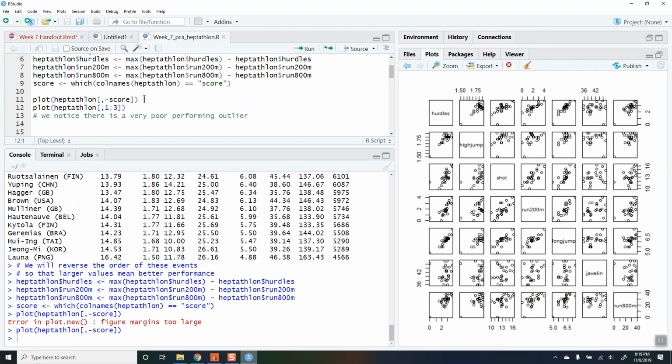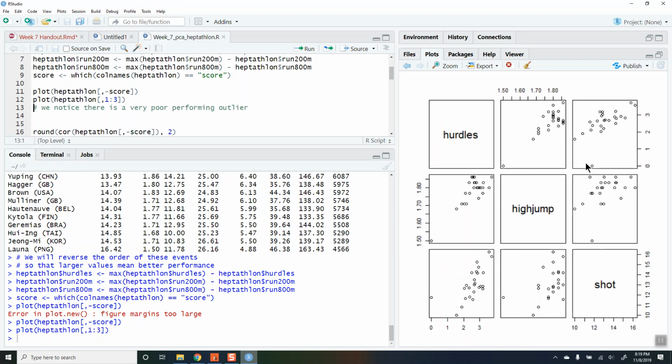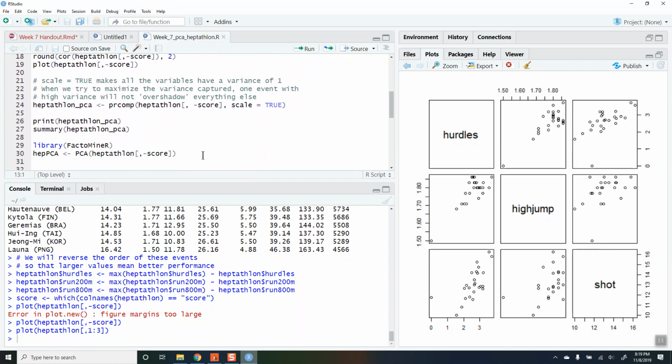Okay, so this is a pairs plot of everything. If I look at the first three columns, we notice there's one competitor who's far worse than everyone else. At the Olympics, generally everyone's top tier, but for whatever reason, there's one observation that's a bit of an outlier. So probably what we'll do is get rid of the